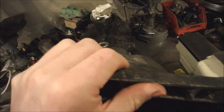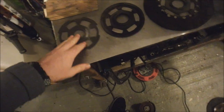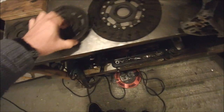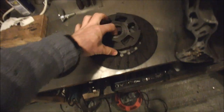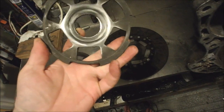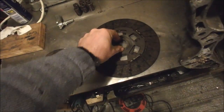Now I'm taking apart another clutch. Here we go. So here are the bits of my next plate that I'm changing, that I've taken to pieces. Those are the springs. These are the plates that sit in the middle. This is the actual plate that I'll be putting the new centre into, and you can see the little teeth on it that engage with that other centre. So it goes in there like that, then the new centre will go in there. This goes on top of it, like so,